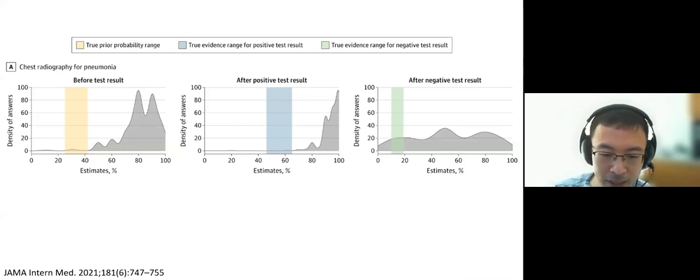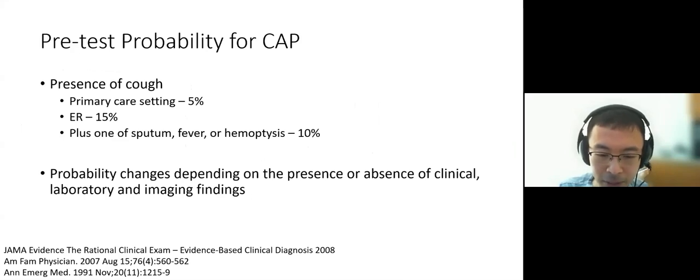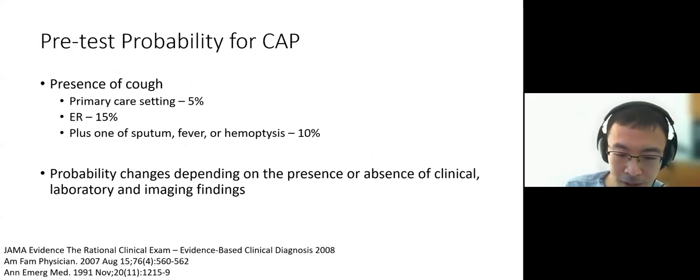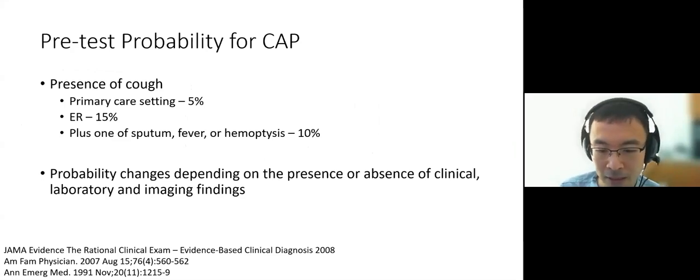So the bottom line is clinicians overdiagnose and as a result overtreat pneumonia, likely because there's a disconnect between the knowledge and the evidence and the impact of cognitive biases. So we often forget that no test is 100% accurate, and the probability of a patient having a disease depends on the pretest probability and the accuracy of the test itself.